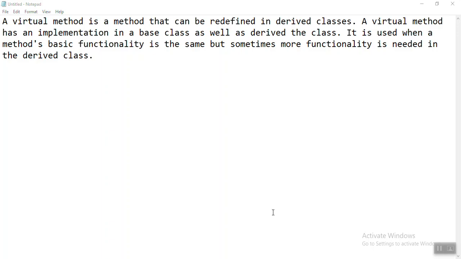Hello everyone. Today we are going to learn about virtual method and override. A virtual method is a method that can be redefined in a derived class. A virtual method has an implementation in a base class as well as the derived class. It is used when a method's basic functionality is the same, but sometimes more functionality is needed in the derived